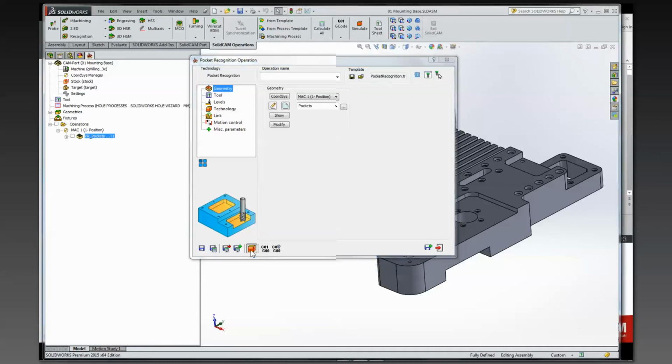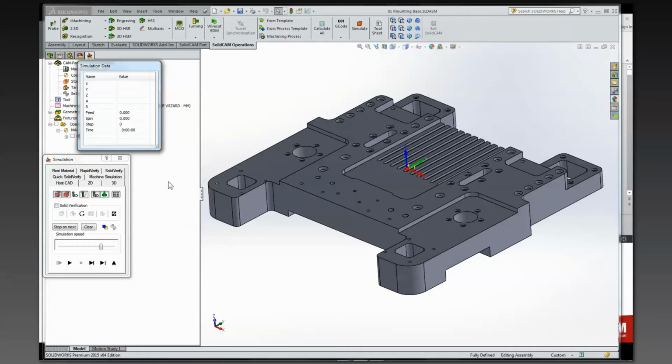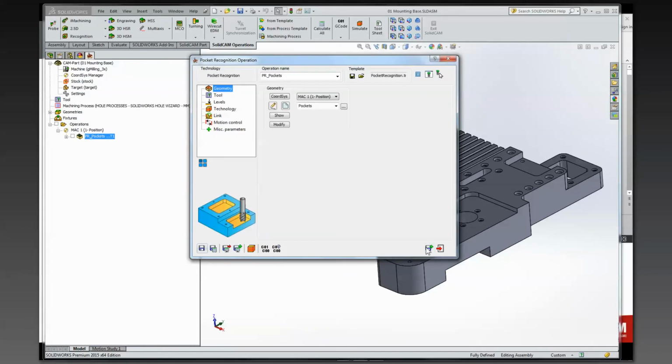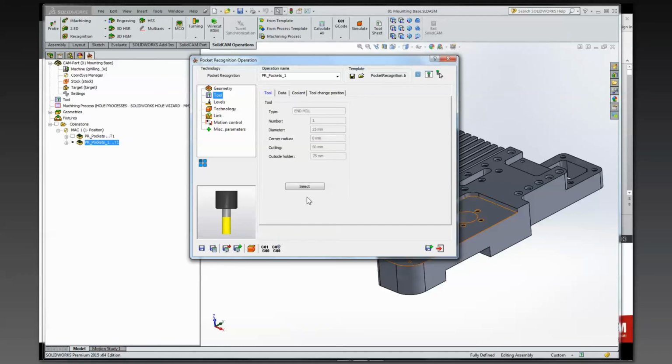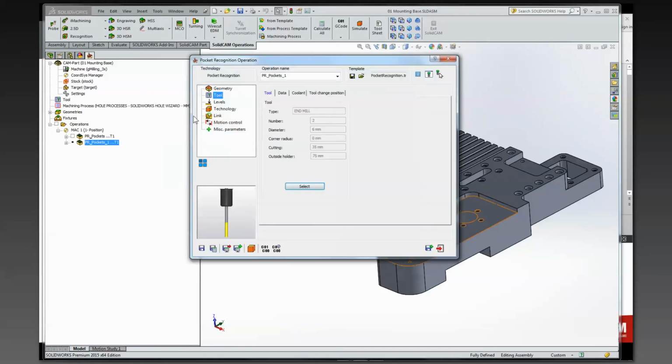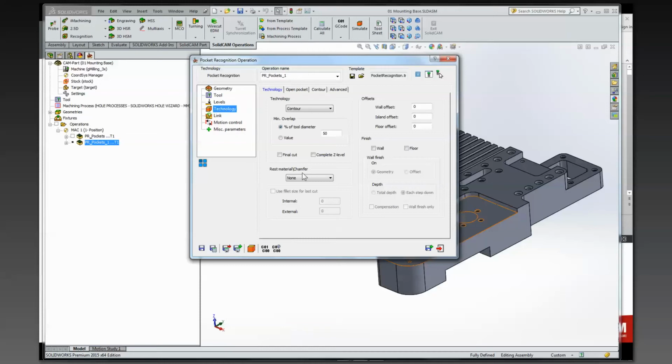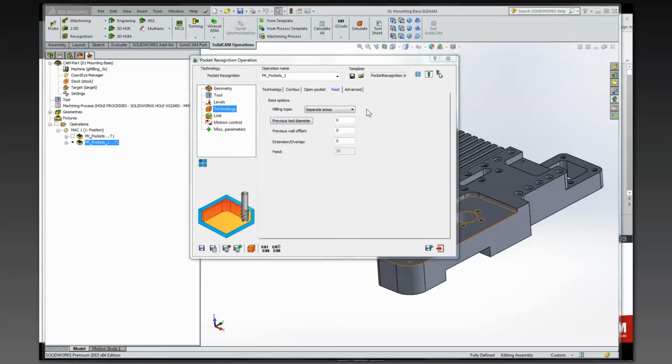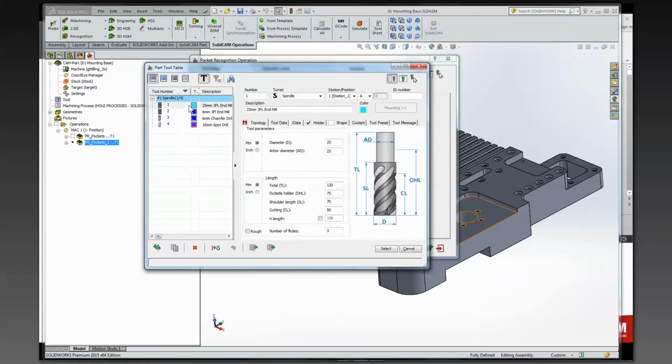All right, so the next thing we'll do in here is we're basically going to save and copy this. The only thing we're really going to do is go in here to the tool. We're going to change to the 6mm tool. We're going to go to the Technologies page and simply turn on the rest material. So we've machined it with a 25mm tool. Now we're going to come back, identify that as the previous tool, save and calculate, and again, very quickly,